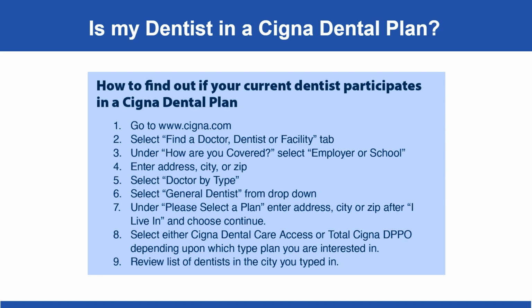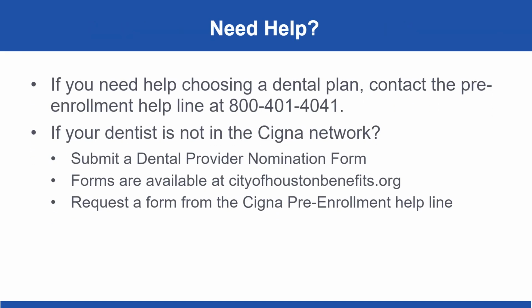Under Please Select a Plan, enter your address or zip code and choose to continue. Select either Cigna Dental Care Access or Total Cigna DPPO depending on which plan you are interested in. Review a list of dentists in the city you typed in. If you need help choosing a dental plan, contact the Pre-Enrollment Helpline at